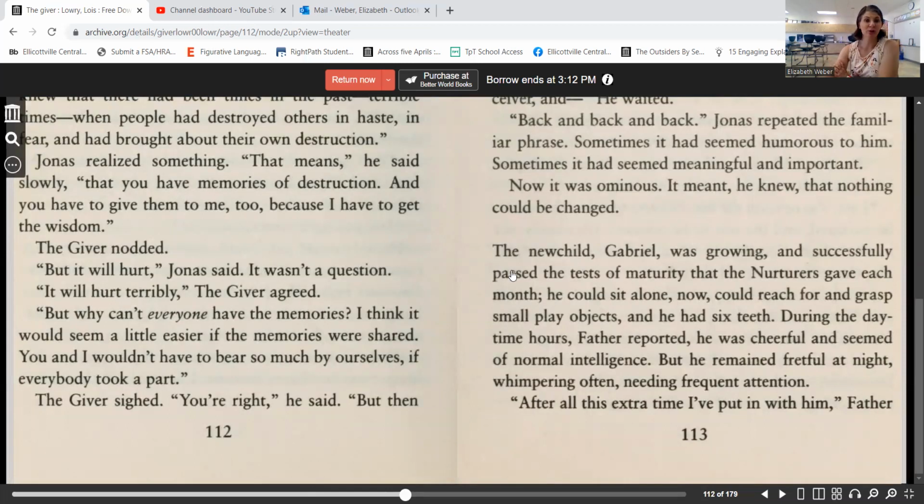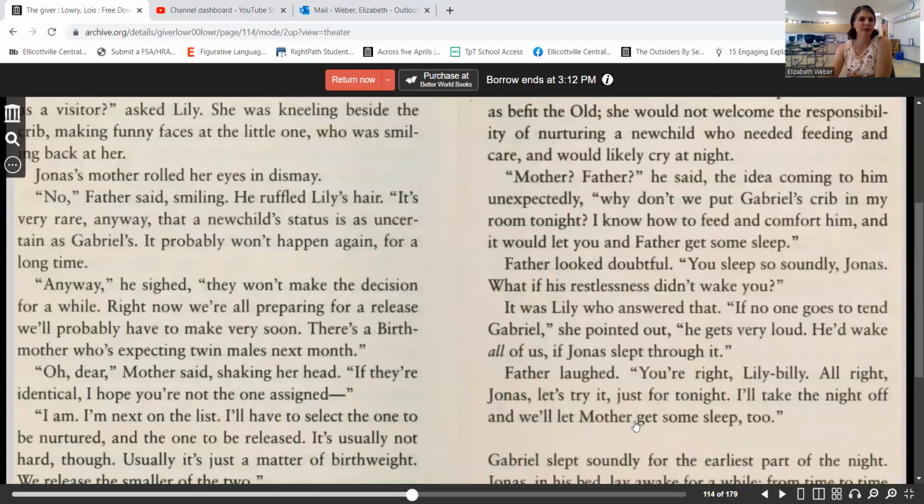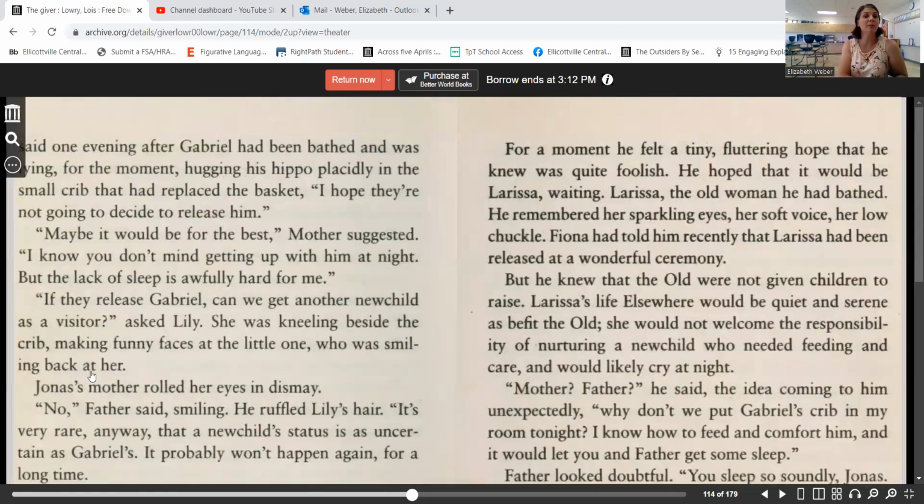The new child, Gabriel, was growing and successfully passed the tests of maturity that the nurturers gave each month. He could sit alone now, could reach for and grasp small play objects, and he had 6 teeth. During the daytime hours, Father reported he was cheerful and seemed of normal intelligence, but he remained fretful at night, whimpering often, needing frequent attention. After all this extra time I've put in with him, Father said one evening after Gabriel had been bathed and was,